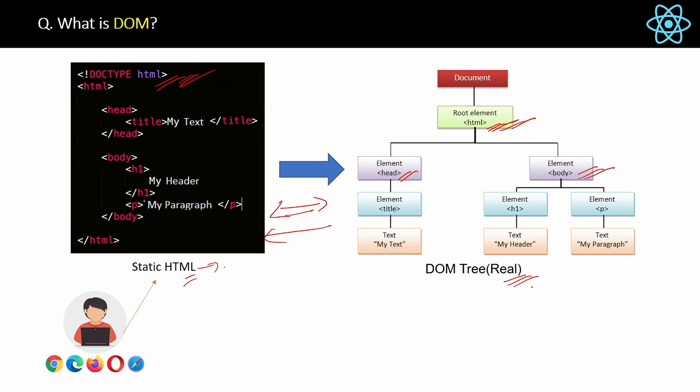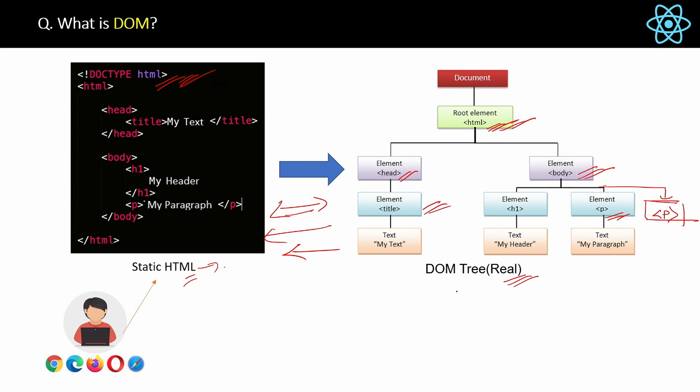The question is why we need this DOM tree. We need this because now this DOM tree will enable the user to update or add new elements in this structure. For example, if the user adds one more paragraph inside the body element, then with the help of JavaScript, one more node will be created and a new paragraph element will be added. And finally, this DOM tree will be converted back to HTML and displayed to the user. So DOM is like an interface to make your websites dynamic with the help of JavaScript.